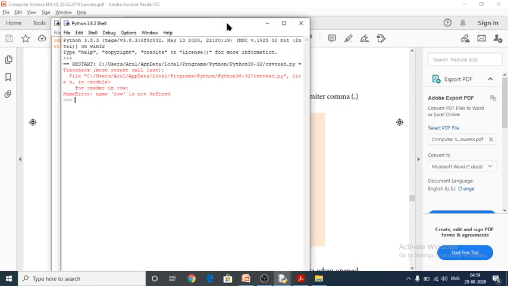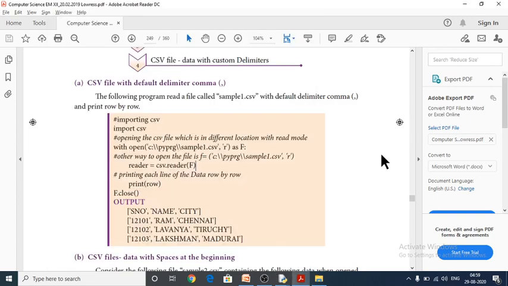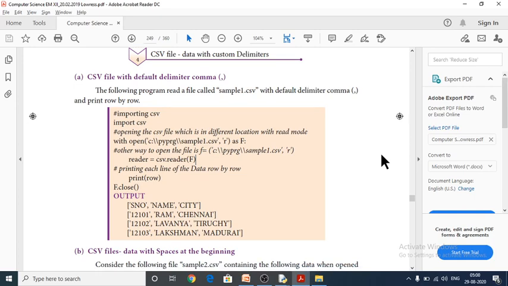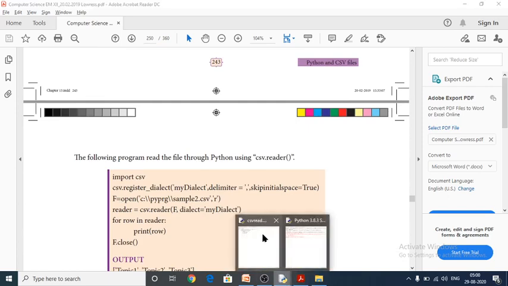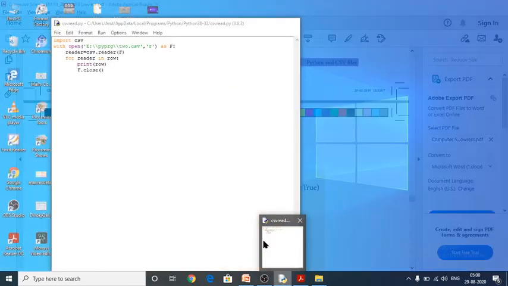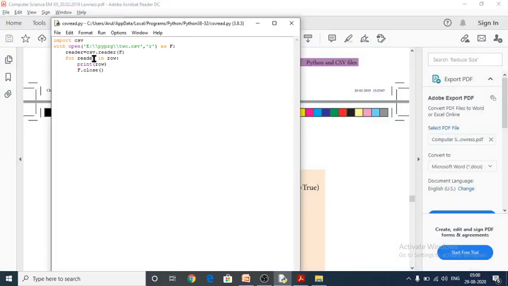Again it shows an error. Row is not defined, for row in reader. In that line I have made a small mistake. Don't worry, we will rectify this one. For row in reader, I have given something different.